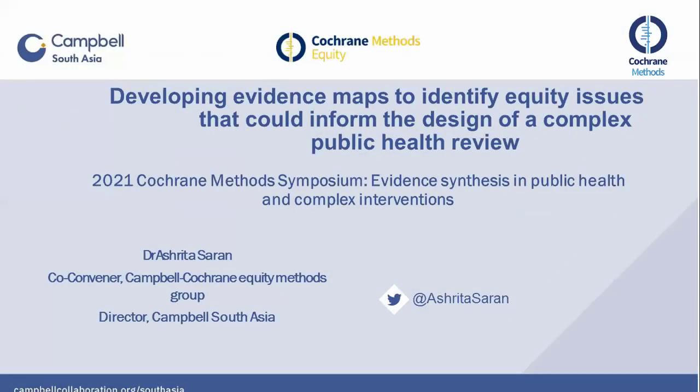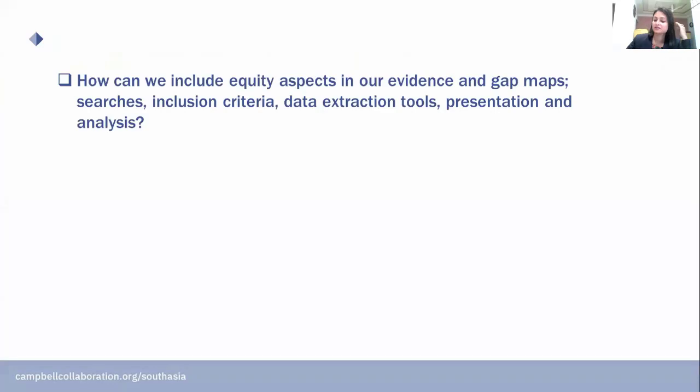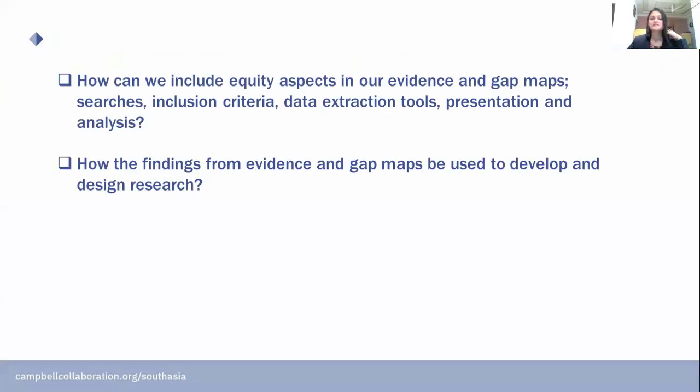So like Joanne mentioned, I'm going to be talking briefly about how evidence and gap maps can be used to identify equity issues, and how these equity issues can help develop design and research for further systematic reviews, and also identify gaps in terms of primary studies and impact evaluation. So I'm going to be taking two examples from the evidence and gap maps that I've led. One is on people with disabilities and the other on child well-being, which was a mega map,